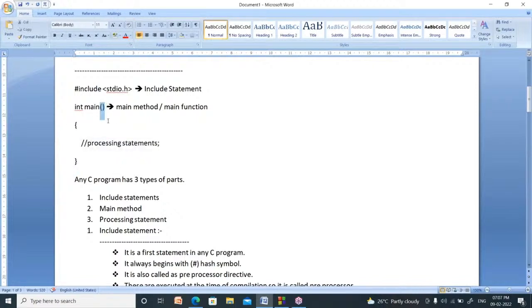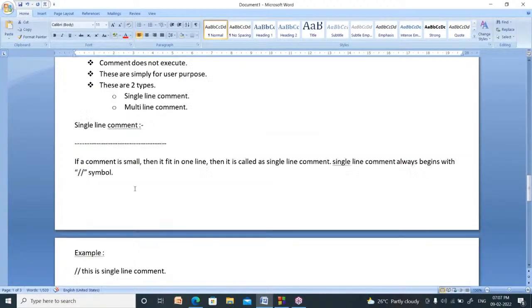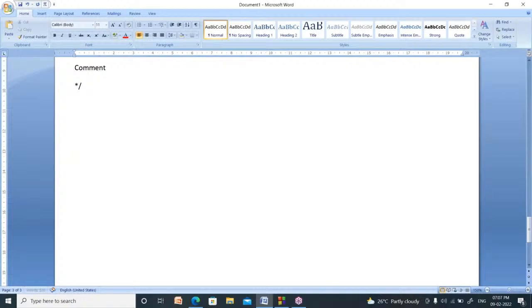Now these round brackets are called the function symbol. Function or method, both are the same. So this symbol is called the function symbol, right? So in the C programming language, you can write brackets in four ways. These are the square brackets. These are the flower brackets. These are the round brackets. These are the angular brackets. Four types of brackets you can use.